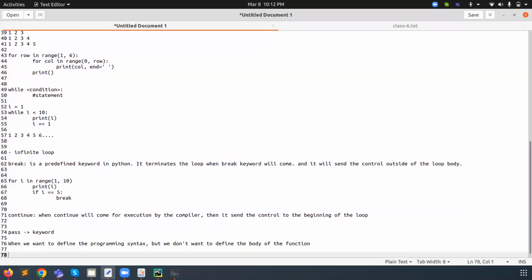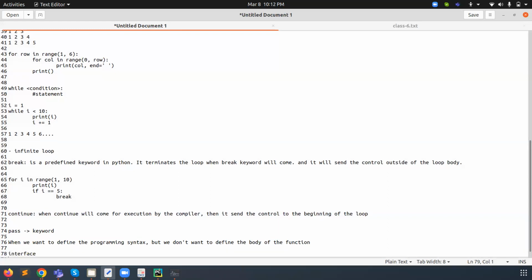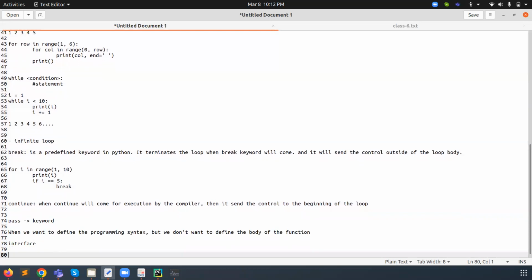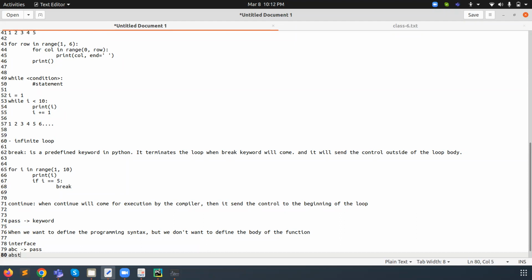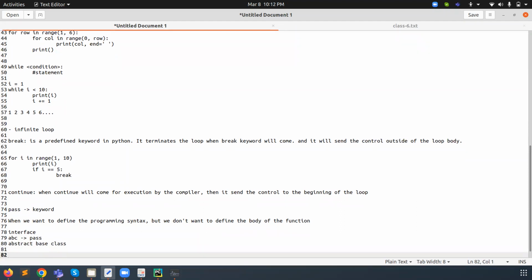If anybody knows about interfaces, they understand we have already defined the function there. The same way we can do here also. Like in Python also, ABC is available, abstract base class. We use the pass keyword there. ABC means abstract base class; in a later class we will understand what ABC is.